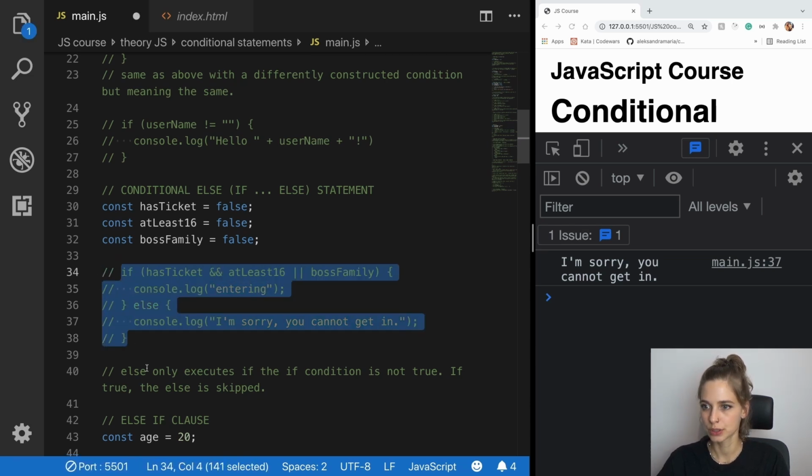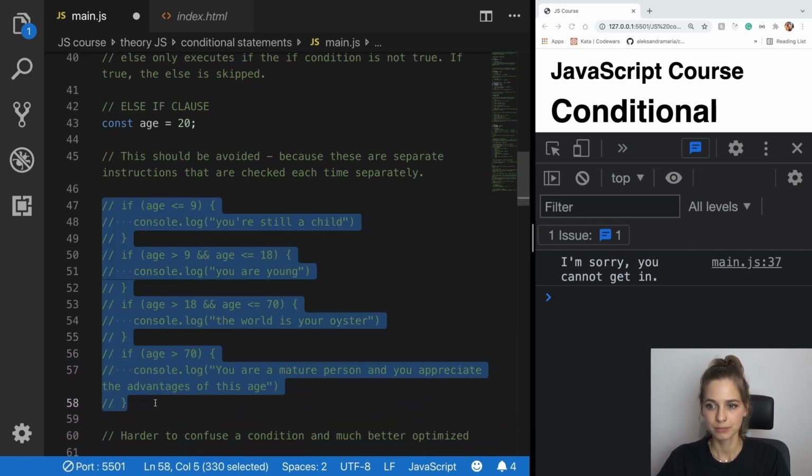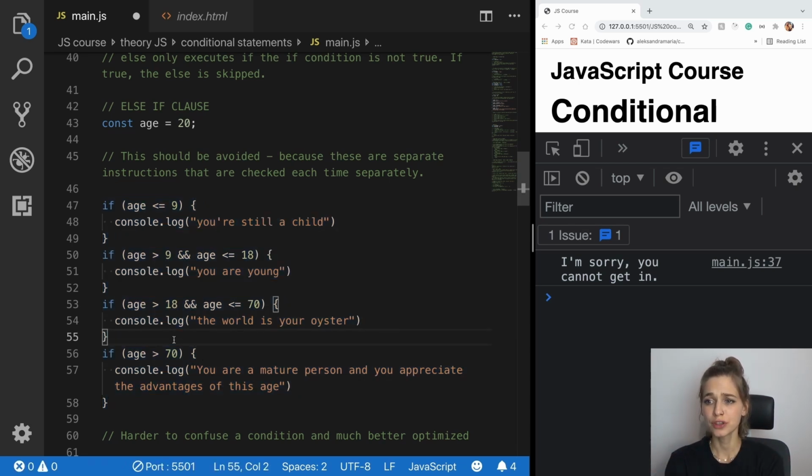Let's comment this out. Else if clause. Cool. So sometimes we will have slightly more complex code or more complex conditions to be satisfied, or different scenarios. So for instance, here the program wants to inform the user at what kind of stage of life this person is. So if this person's age is less or equal to 9, then it's going to print out the message, "you're still a child." In another case scenario,